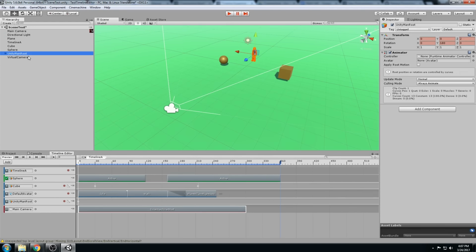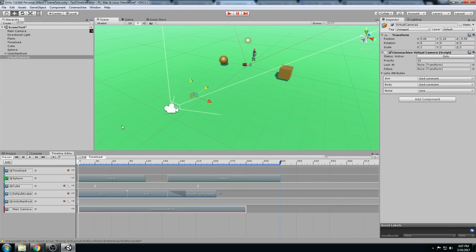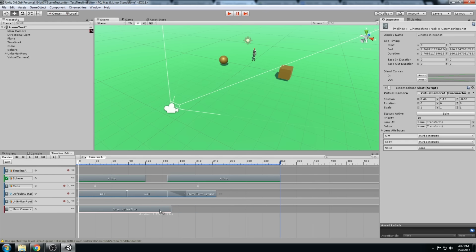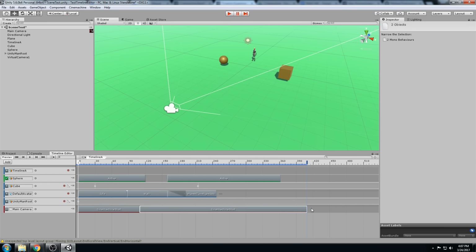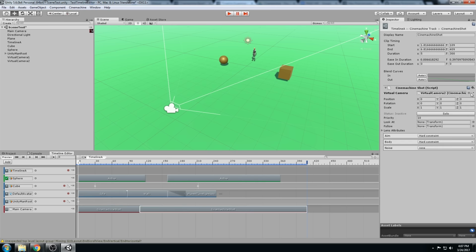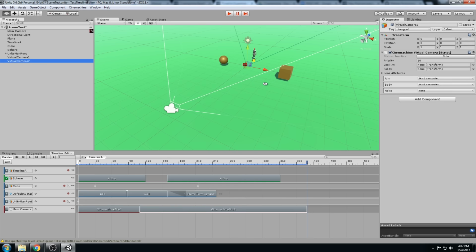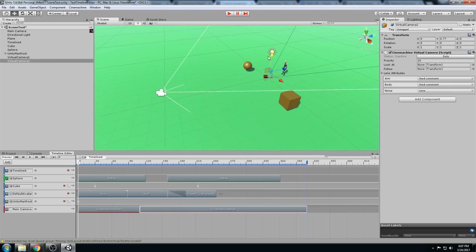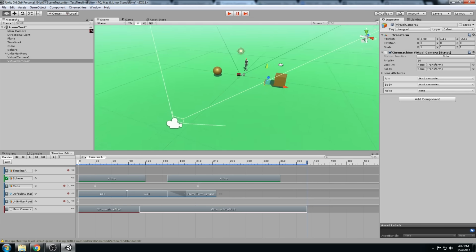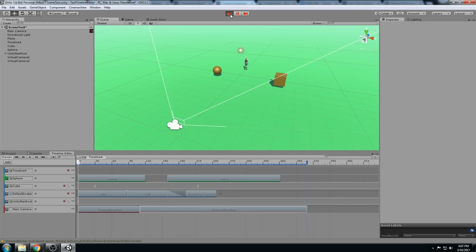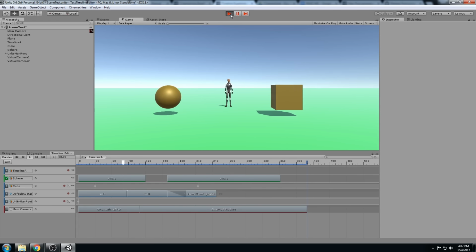So I want the camera to start right here, and then I'm going to make this a shorter clip, and I'm going to make a new Cinemachine shot, and I'm going to create a second camera. Alright, now let's move this camera over here, and now let's hit play. The first camera is the virtual camera, and then we snapped into place